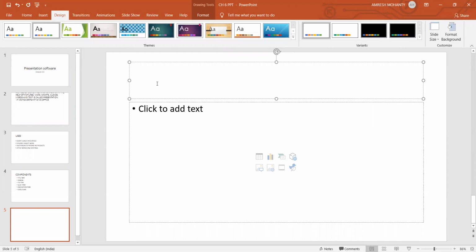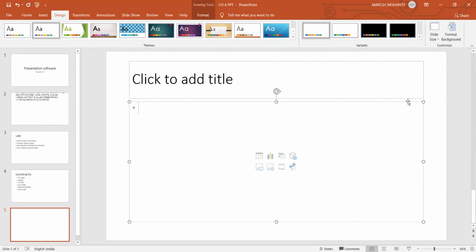So you have to just click inside the placeholder and start typing. It is the placeholder, you see. Just start typing. Suppose I will write just inside the placeholder, or I will click anywhere.